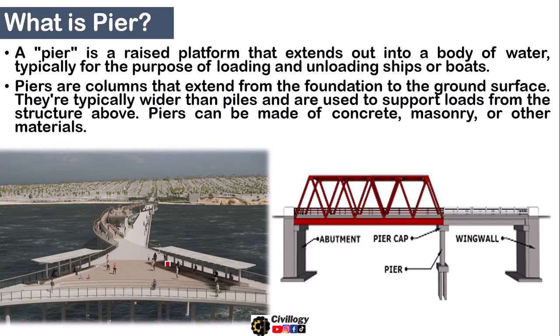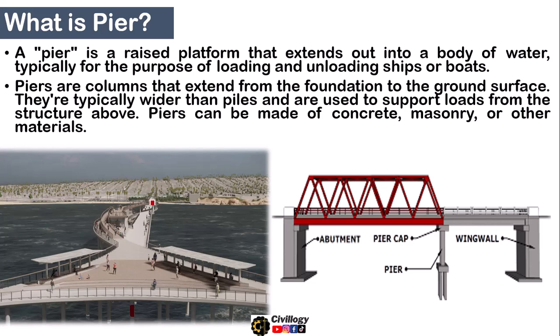As you can see over here, if we talk about the harbors or seaports, this is the raised, or you can say the superstructure, which is visible from the front side of the structure. Such type of structure is called a pier. As previously we have discussed the piles. Piles are the structures which are below the ground surface, and the pier is the structure which is above the ground surface.